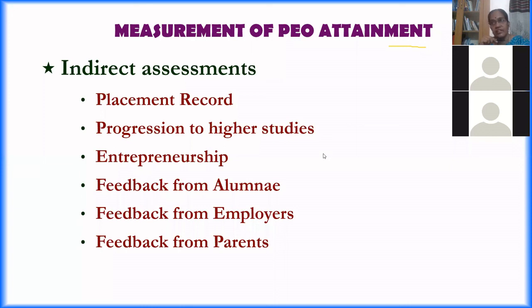That depends on your institution to decide how much percentage: 20% placement, 20% higher studies, 10% entrepreneurship. Likewise, you can allot the percentage altogether. You can get it for 100%. But this should be planned in the beginning itself. When your current batch is coming, you have to plan. If there are 45 students, how many of the students should be getting placed? You have to fix. Out of 45, 20 students are going to be placed. You have to fix the standard.